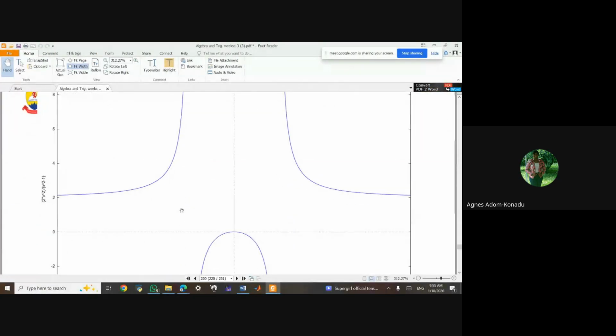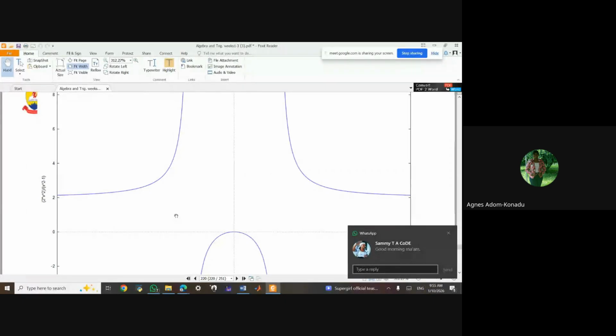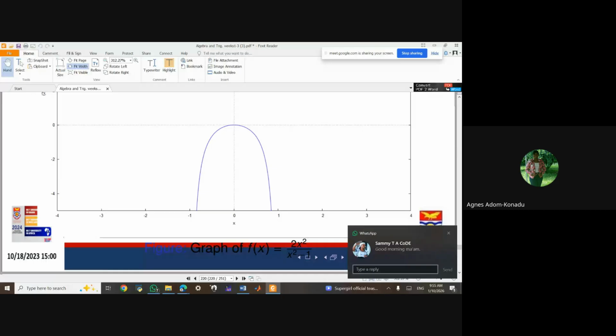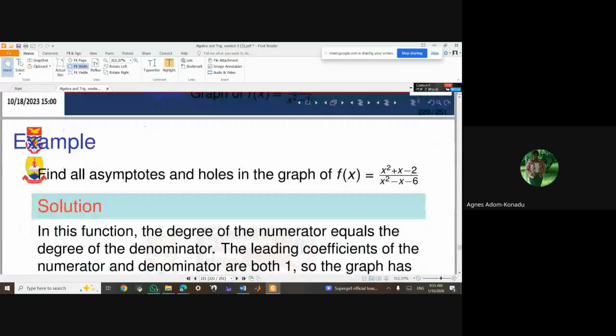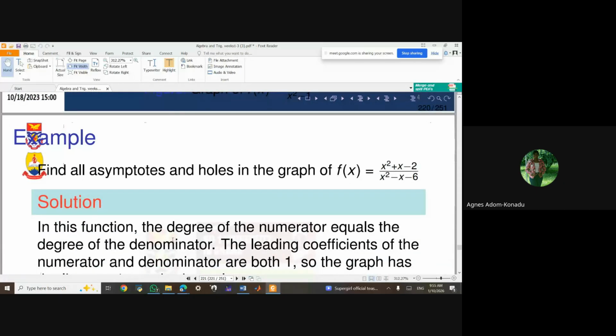So you have x equals plus or minus 1, then you have y equal to 2. Then you look at the behavior as you approach plus or minus 1, either from the left or from the right. You have to plot your x-intercepts and then your y-intercepts to get it. So you have something like this. This one too, you can find the horizontal asymptote to be 1. Then you can find the